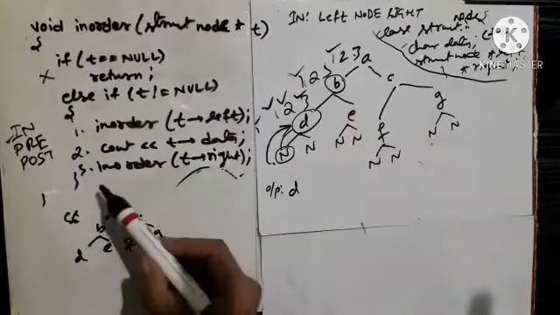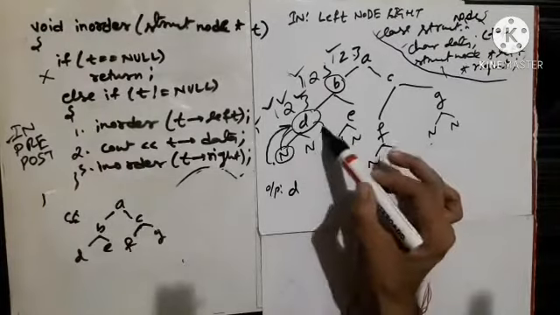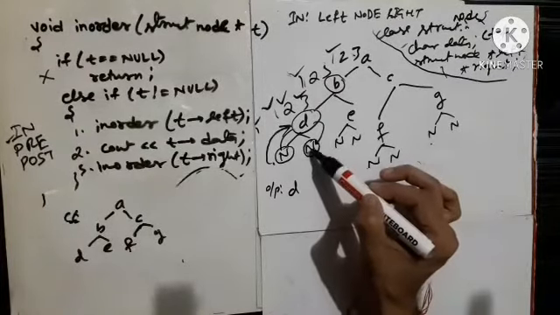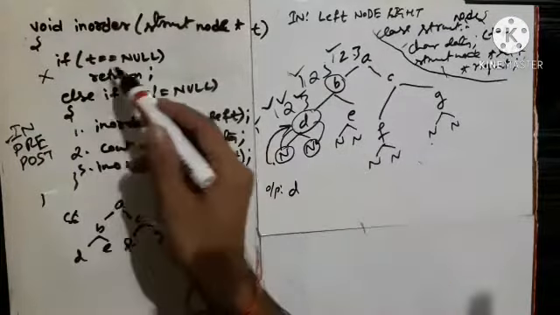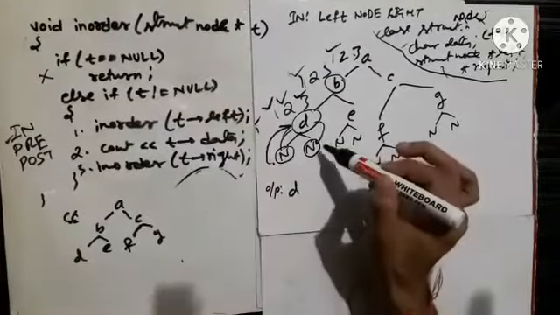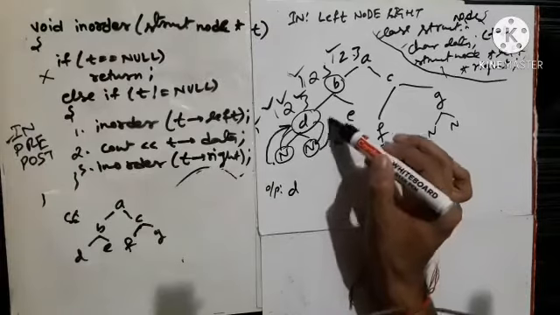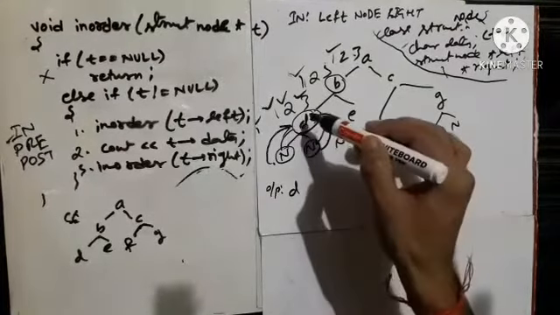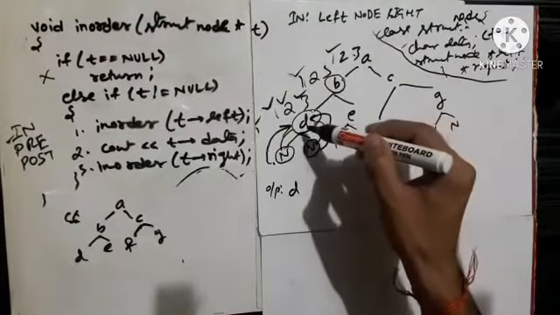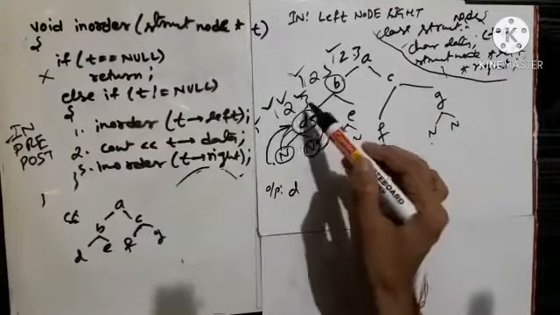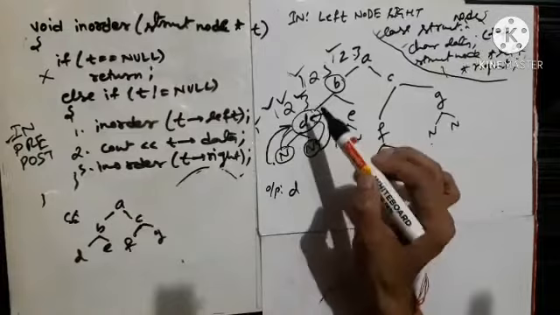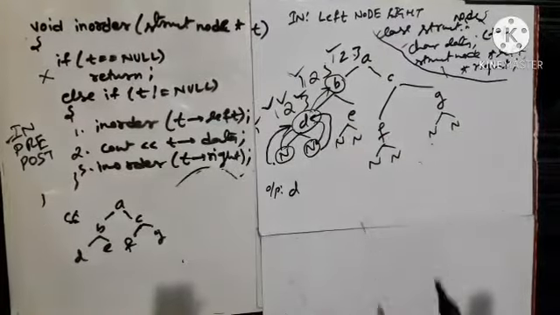What does it say in 3? In order t ka left. So it will give the address of this node to the inorder function. Now t contains null, so it will return nothing, and this node will give the control back to d. Now control is at d and it has already executed all 3 statements, so the control goes back to b.